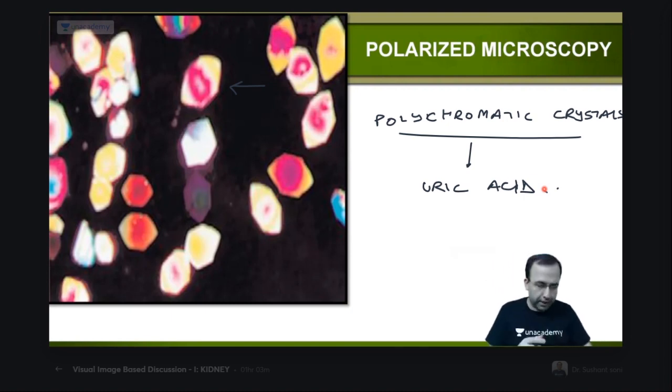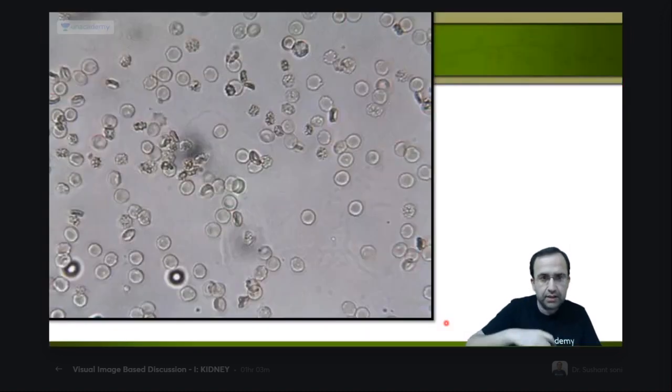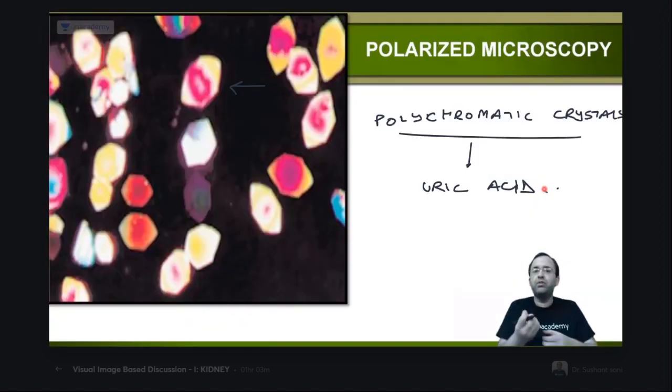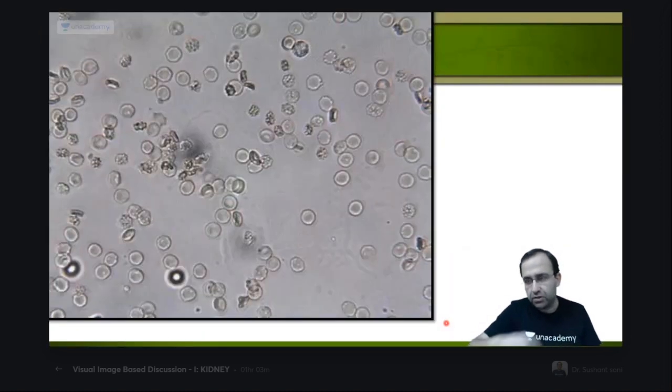Next point. This gets us to our next slide. These are birefringent, bache. What is birefringence? Which shines under a polarizing microscope. So these are birefringent. You are getting such colorful light. That is uric acid. Next point. Nitya, amyloid. Fair enough. Next point. Have a look at this.